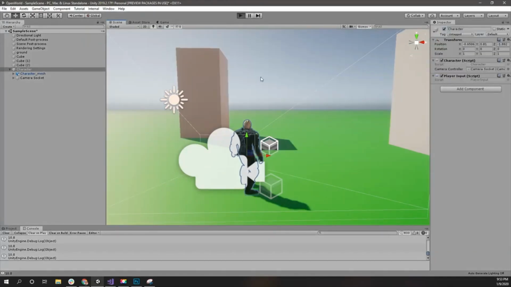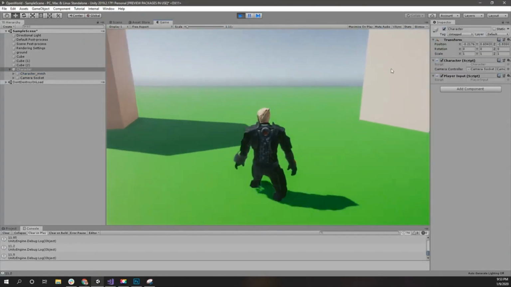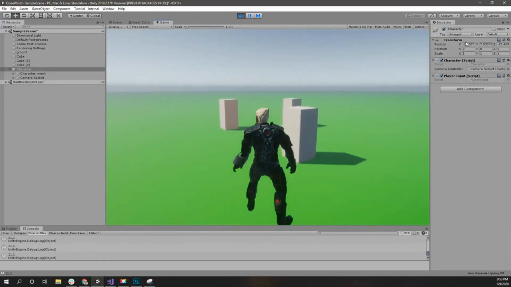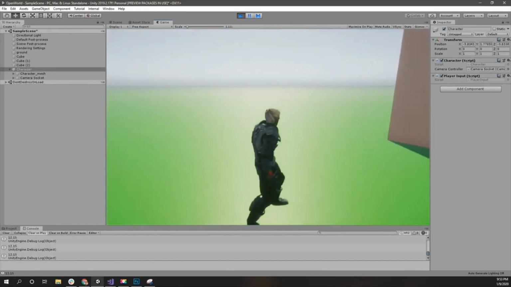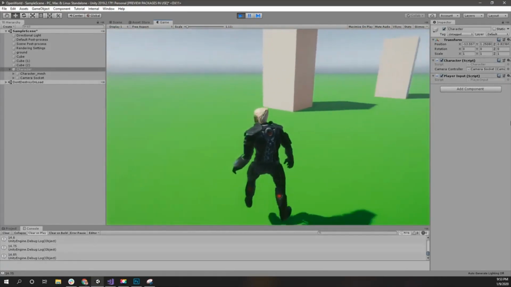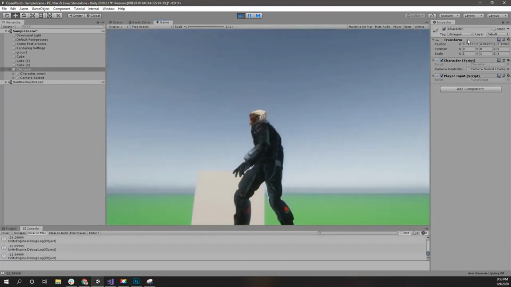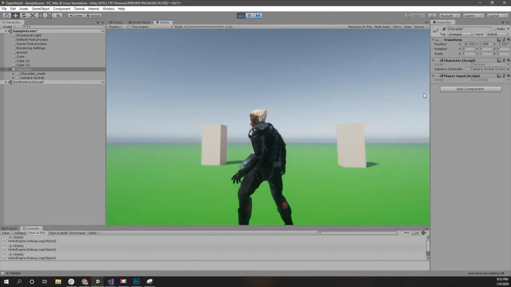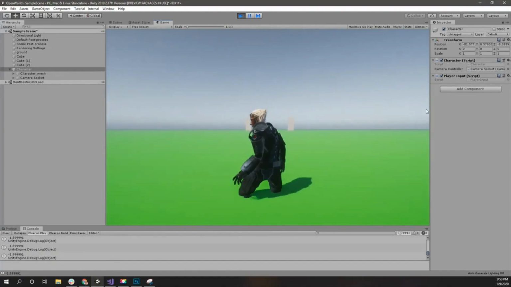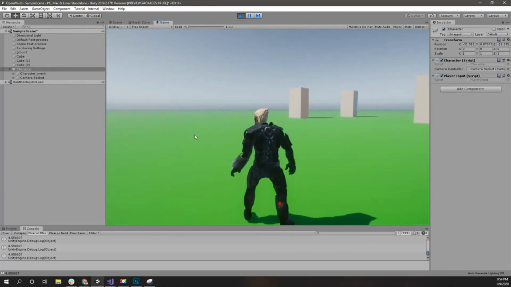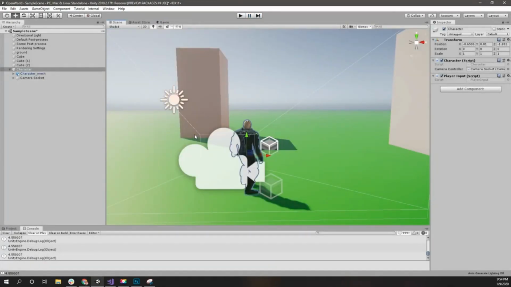Let's play. Okay, now it works perfectly. With S we can move back, with W we can move forward. Everything is perfect. Other than this, I can go upward into the sky and downwards into the terrain as well. So we will fix these problems when we use physics-based movement, but for now,